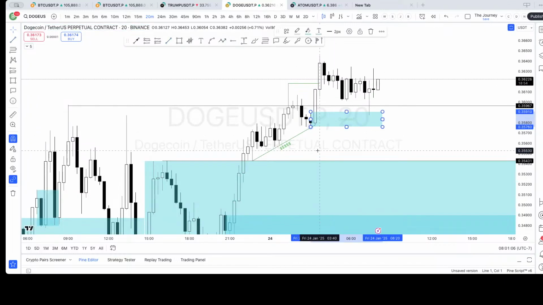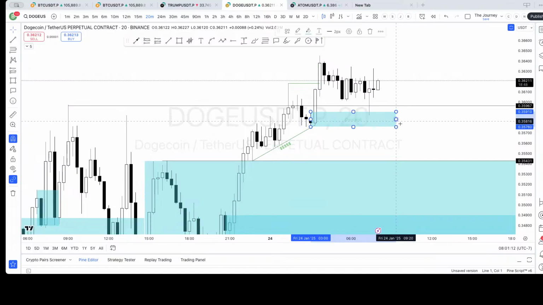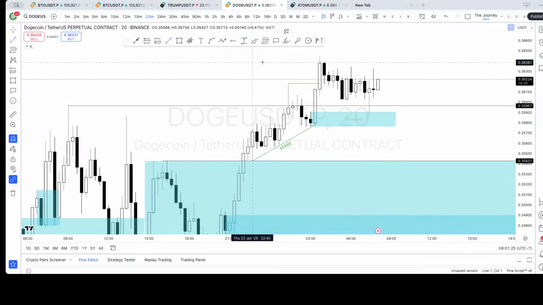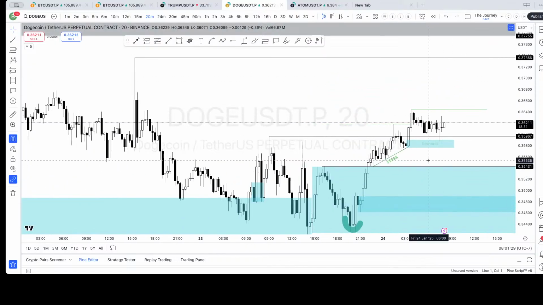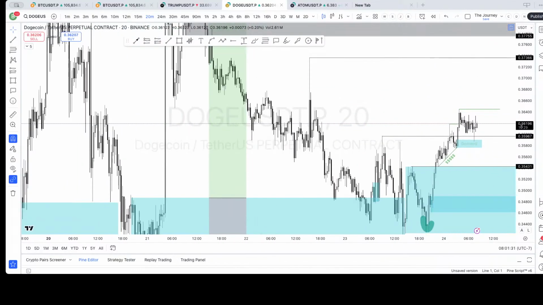So yes, this is the area of involvement that created this move. So when you come back into it like that and then stab a wick out of it, indicating that again price came down to fill long orders, I could absolutely see a circumstance in which it's going to just maintain its structure and keep going up.